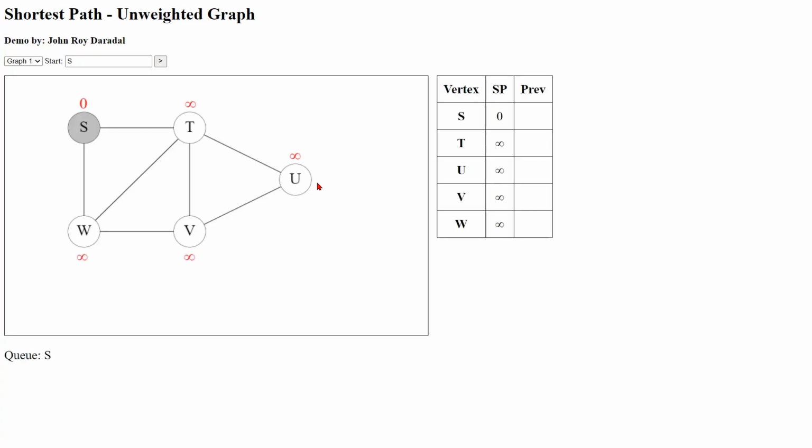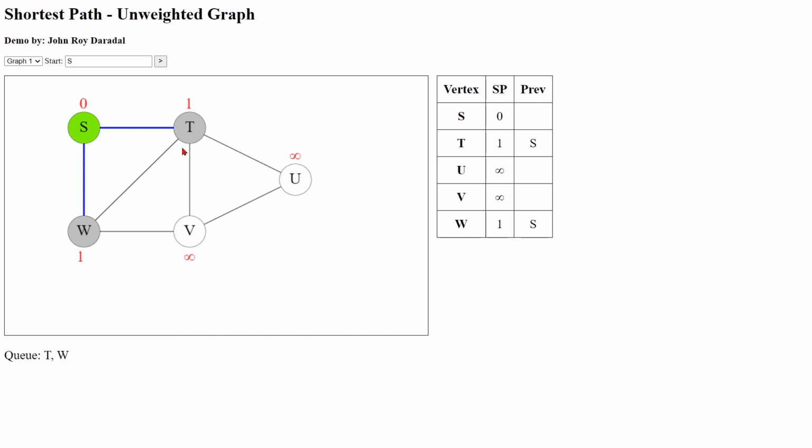Let's say we're given this graph. If we run BFS, so before we run BFS, we've initialized the SP of all the vertices to infinity, and then the source would be set at 0. Okay, and then the previous would be null. So currently in our BFS queue, we only have S. So we will dequeue that one and then look at its neighbors. So for the neighbors, it has T and W,